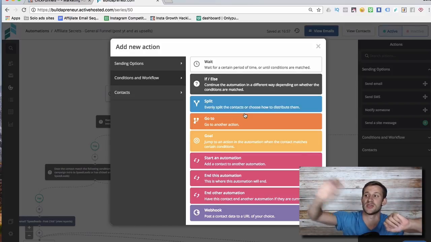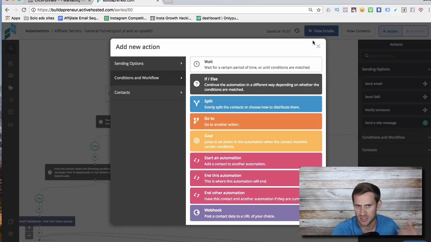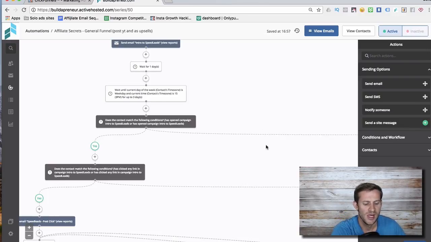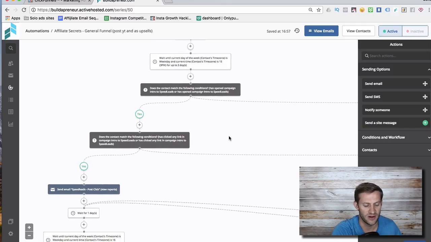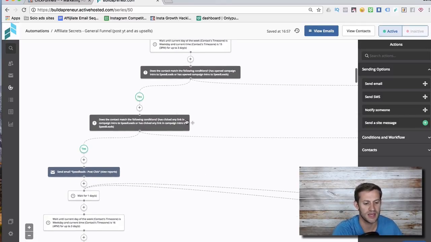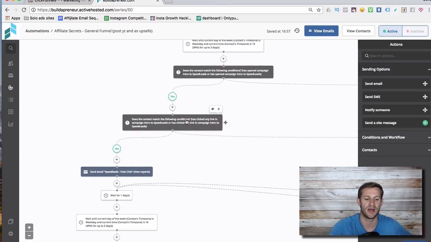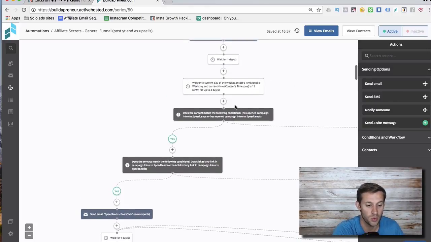If they're in the U.S., do this. If they're in Europe, do this. Europe has new laws coming into place you might be familiar with. But you can see it's just very beautiful, very easy. And you can just easily see exactly what's going on, and then you can easily see who's where, which is very important.